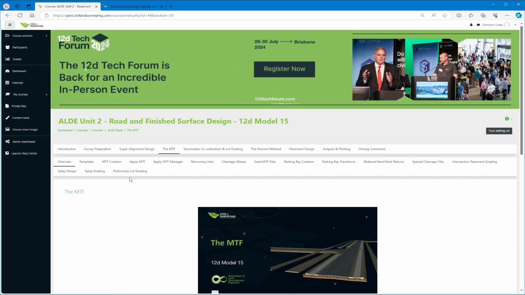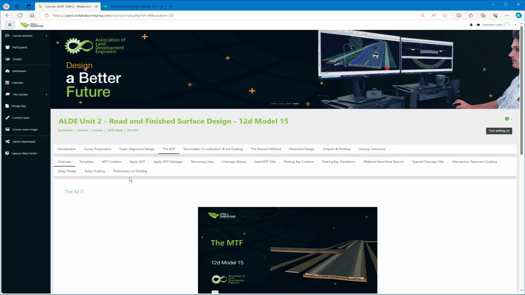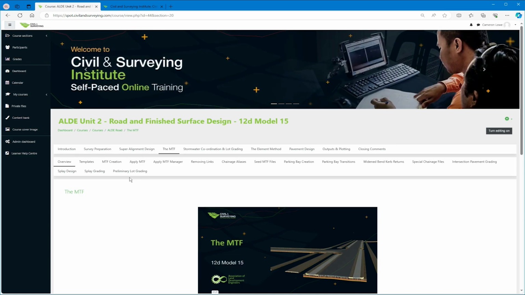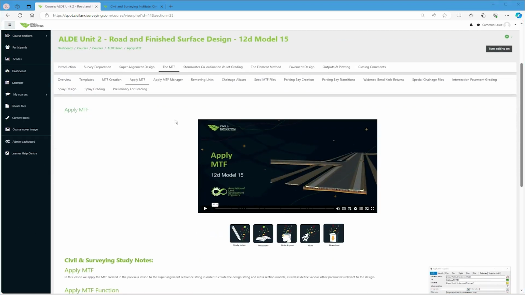Now, spread across the 3 units, there are over 100 lessons in the course, so it's a very comprehensive course, and each lesson contains a pre-recorded video that typically goes for around 15 to 20 minutes, which dives into that specific topic. If we go into one of these 12D model lessons, let's say the Apply MTF lesson, if I just play the video here,